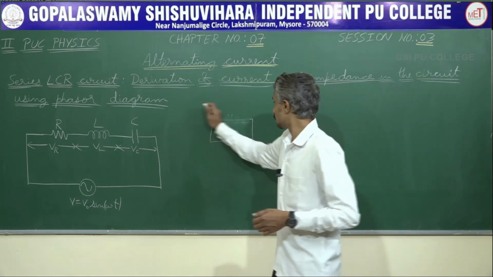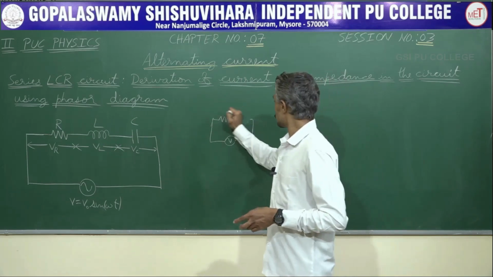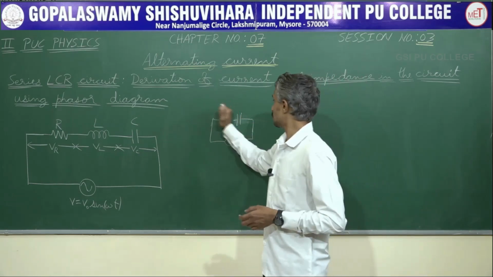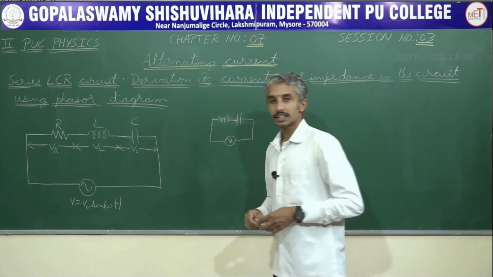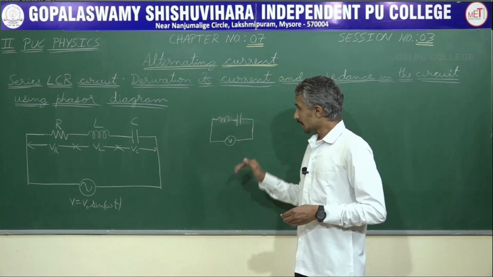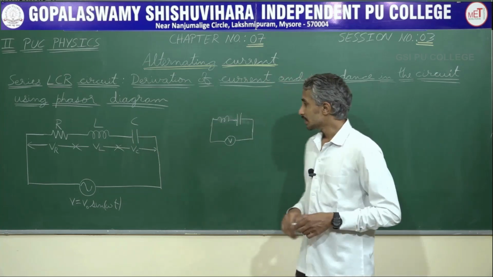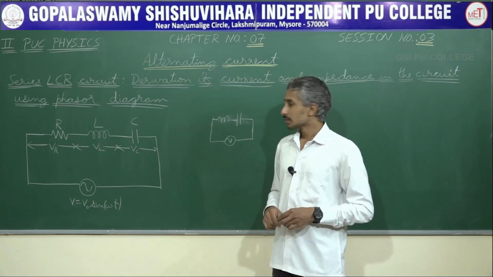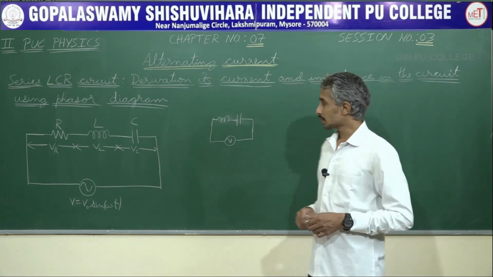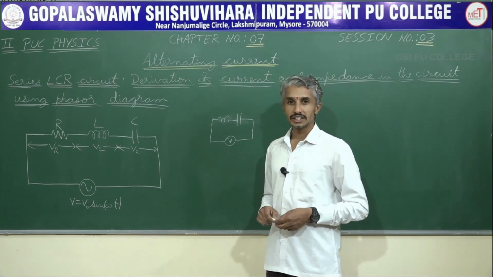It can either have a resistor with an inductor, or a resistor with a capacitor, or an inductor and a capacitor. In this way, other combinations. In our syllabus, we are supposed to study a combination of resistor, inductor and capacitor in an AC circuit. And the three components here are being connected in series, while you can also have them in parallel, but we are only supposed to study the three components connected in series.